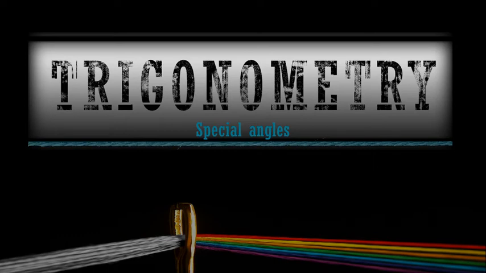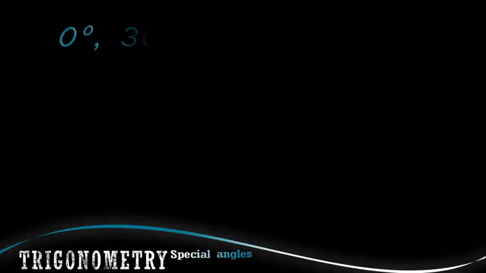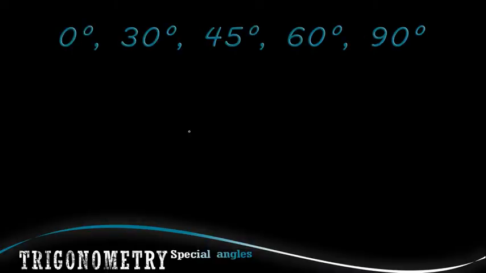In this video we'll look at how to simplify ratios that have special angles without using a calculator. Now first of all, our special angles are as follows. It's 0 degrees, 30 degrees, 45 degrees, 60 degrees and 90 degrees. And the first thing we're going to do is for these three special angles,